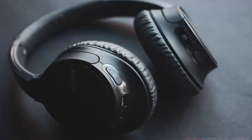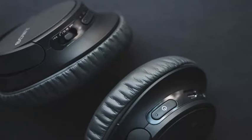The Sony WH-CH700N headphones will be available for purchase through all Sony Centers and major electronics stores in the country with a price tag of Rs. 12,990. Among other notable features, the Sony